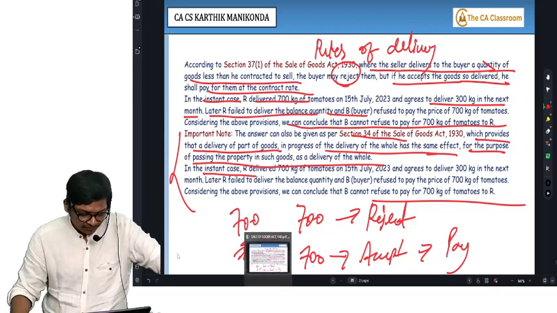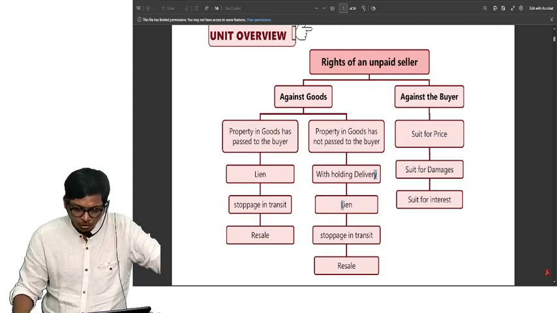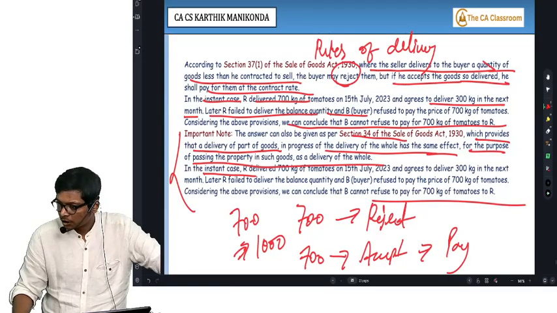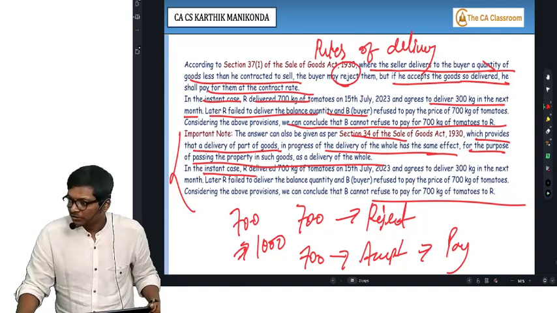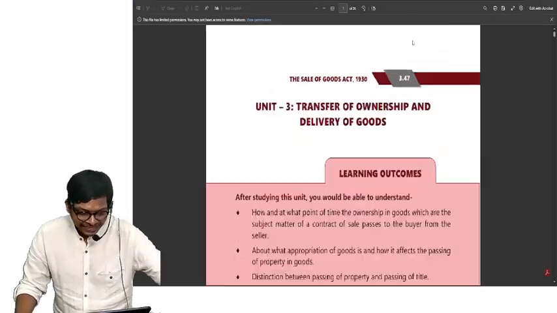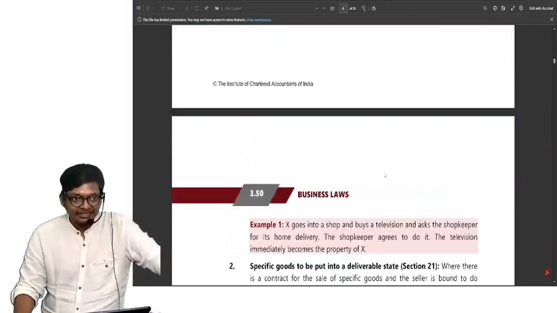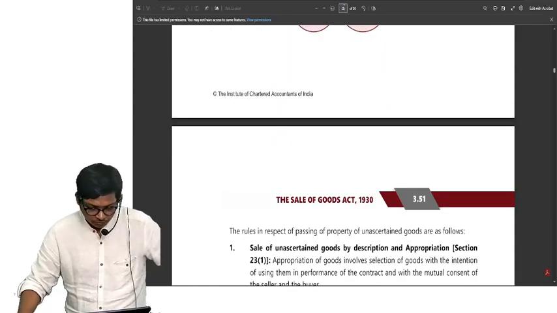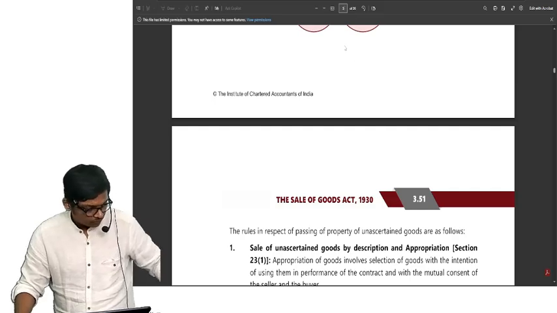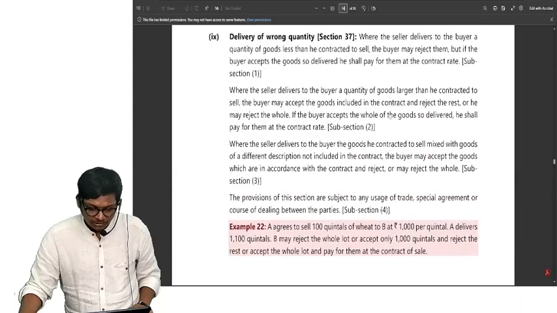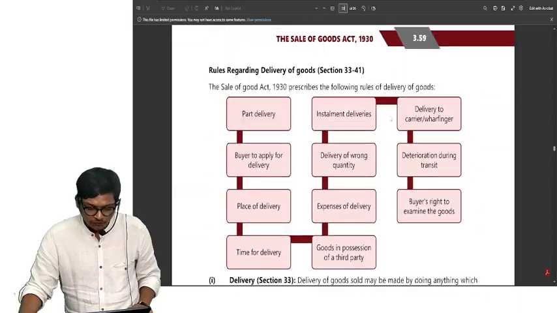If you are not able to find where that is, you have to go to Sale of Goods Act unit 3. If you go to transfer of ownership, at the end of the chapter, they have never tested this until November 23. I'll just scroll through. Yeah, this is the one. Rules of delivery,